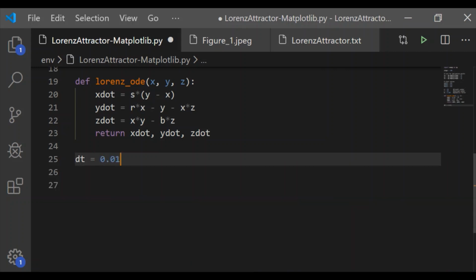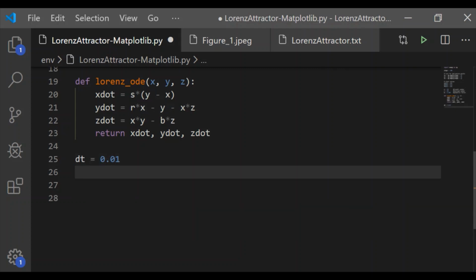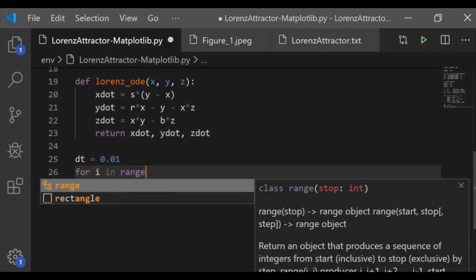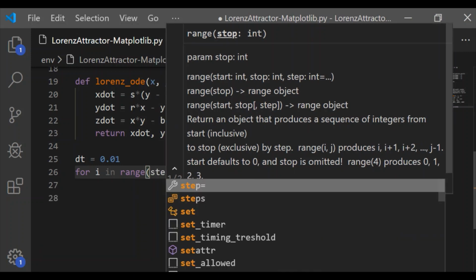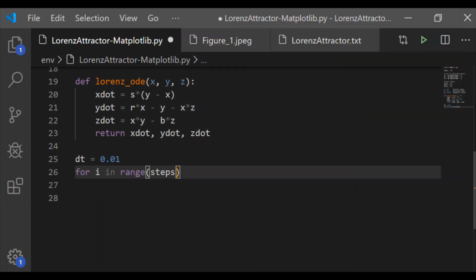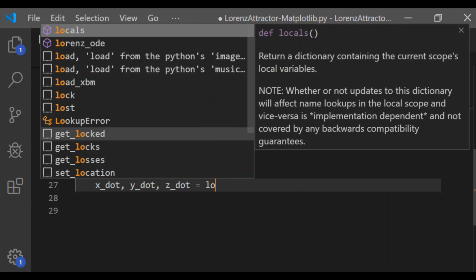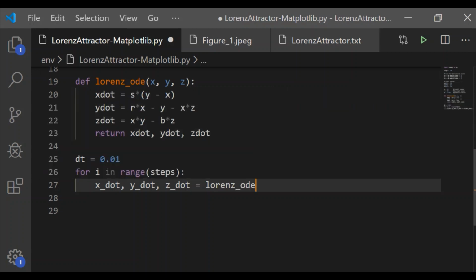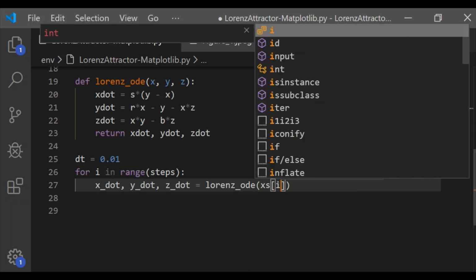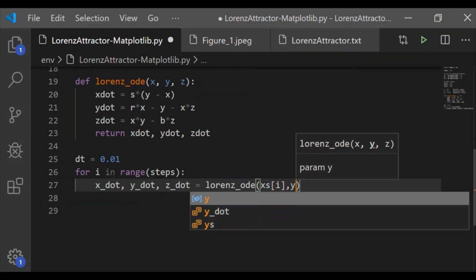Now let us get the series of values stored to our lists Xs, Ys and Zs. For that, let me take the delta time as 0.01. So for steps of 100 incrementing at 0.01, we will get the values of x dot, y dot and z dot by calling the function Lorentz ODE and passing the values for x, y, z from the corresponding lists of x's, y's and z's.